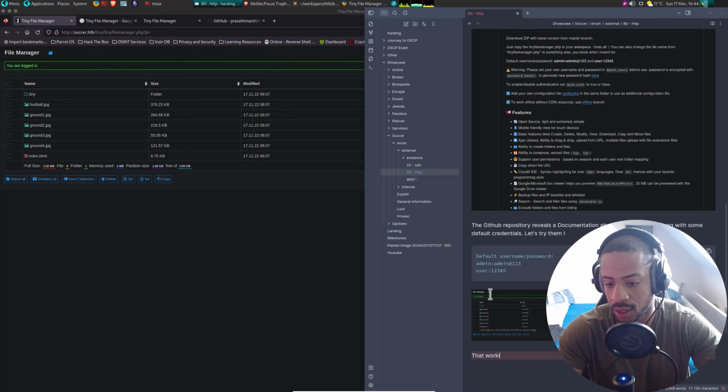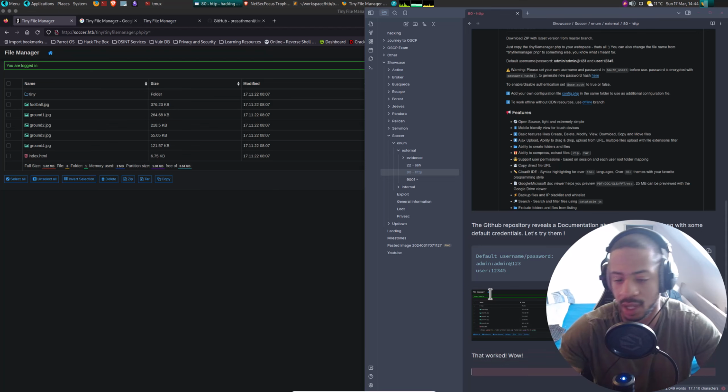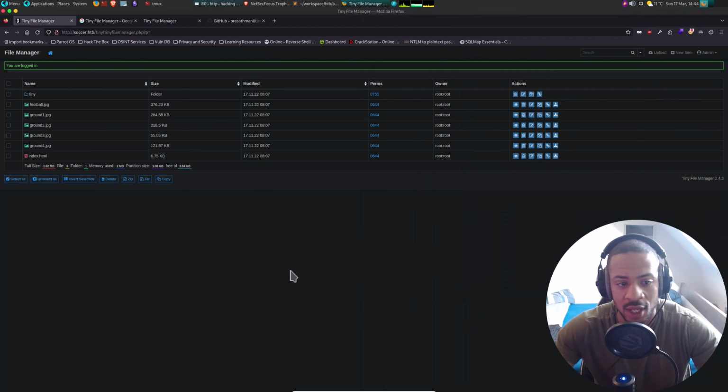That worked. Wow. Like I said, super secure. First things first, let's see what we have here. We have indeed a file manager. There's some files here uploaded, all running as root, so we do not have any permissions here.